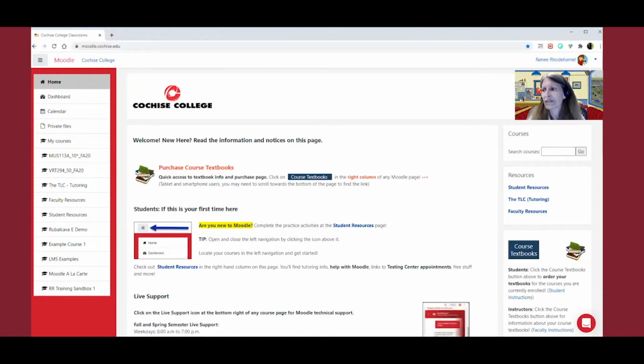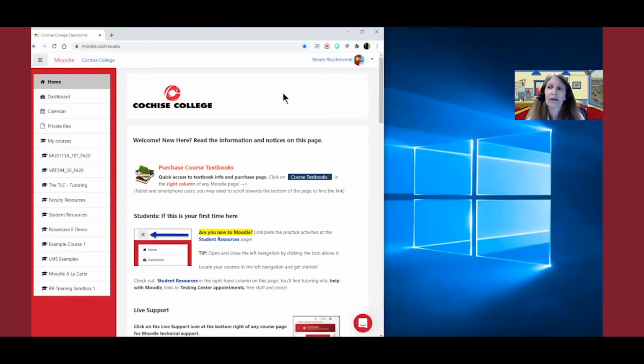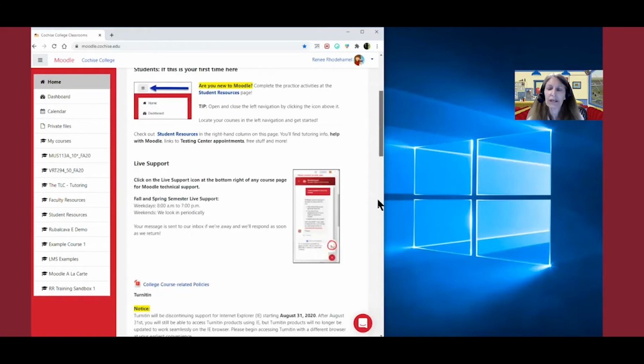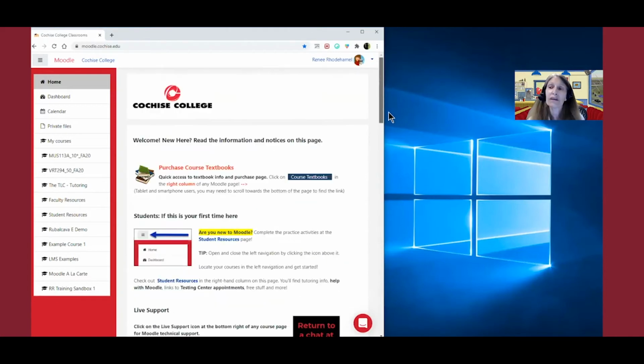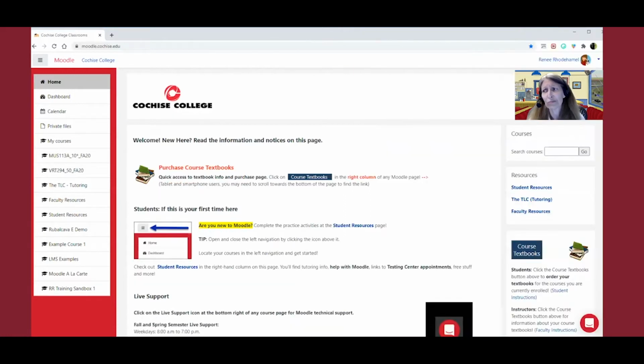Even if I squash this right now, see how that all disappeared? It didn't really disappear. It just went below the rest of the page contents. So if you're looking for stuff that you might think should be over on the right-hand side and you're on your phone or tablet, then go look at the bottom.